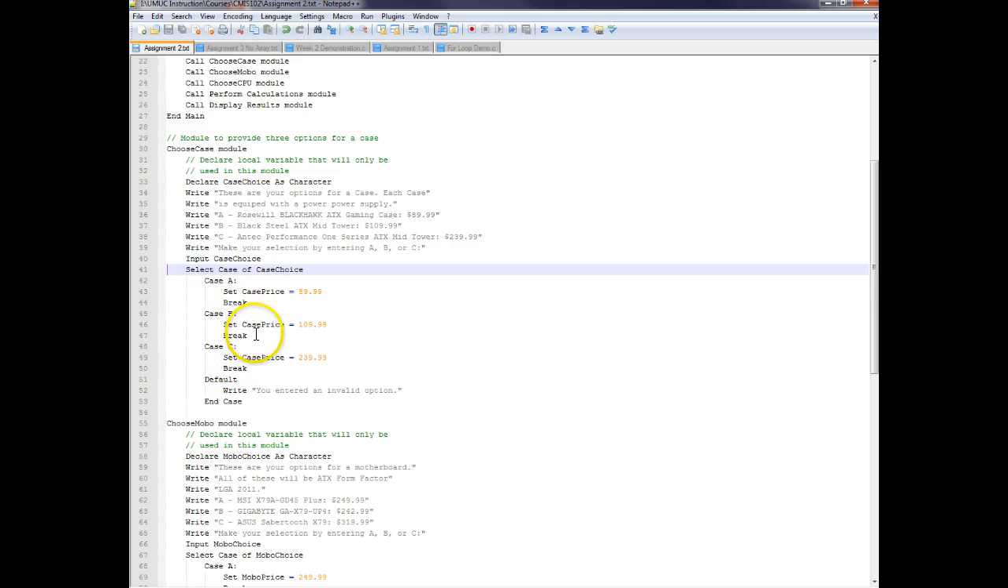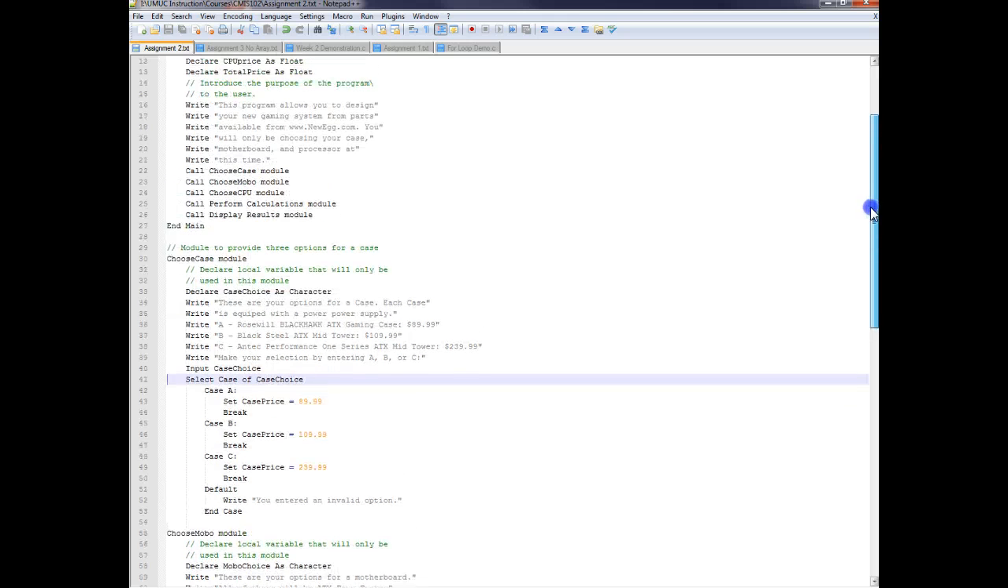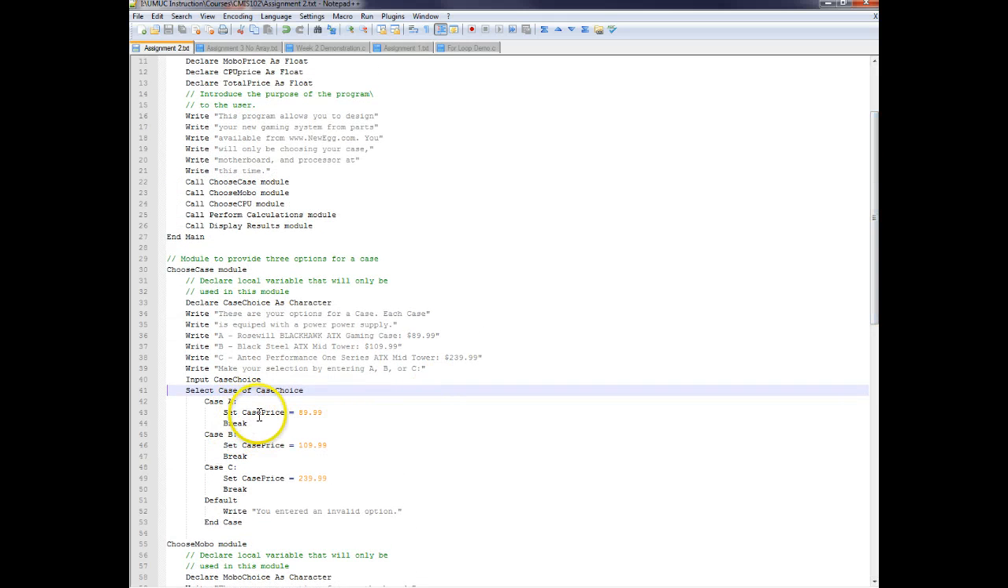And if it's A, it's going to set this float variable that was declared up in main, case price, to $89.99. If it's B, it's going to set that to $109.99. If it's C, it's going to set that to $239.99. And then if it's none of those, it's going to output to the user you've entered an invalid option. And it's going to end the case statement, and that's the end of that module. So it's going to go back up to this point and go down to the next module,